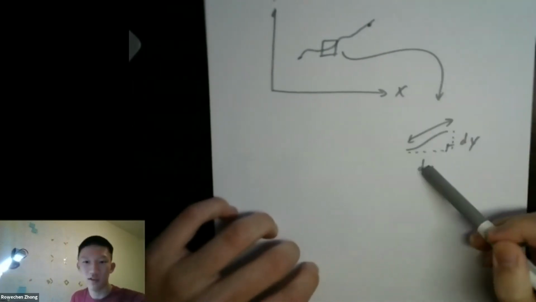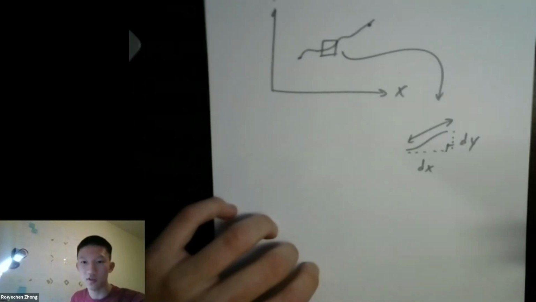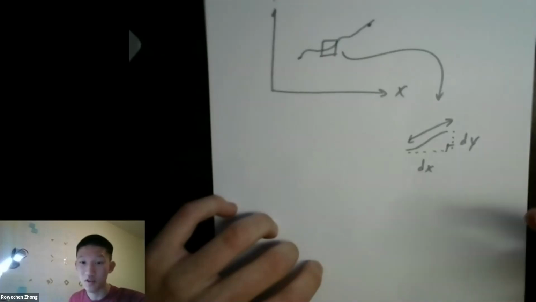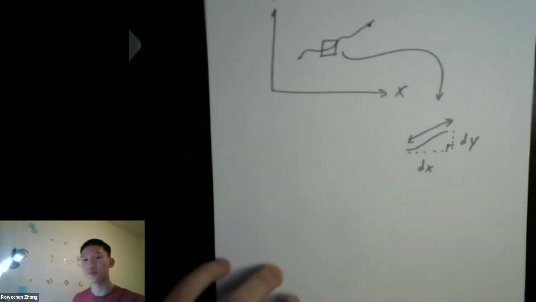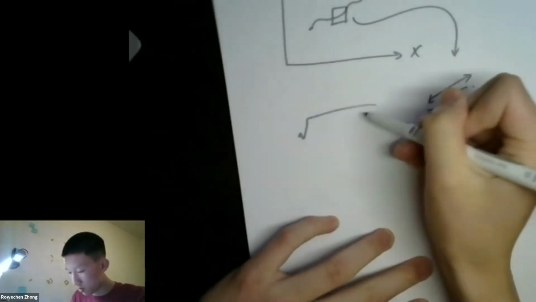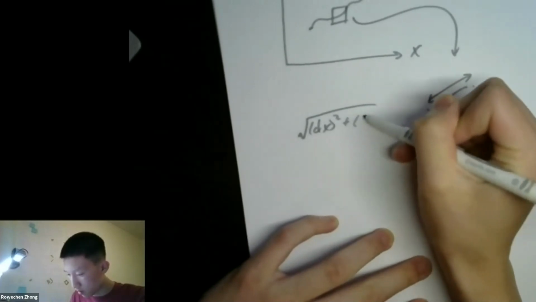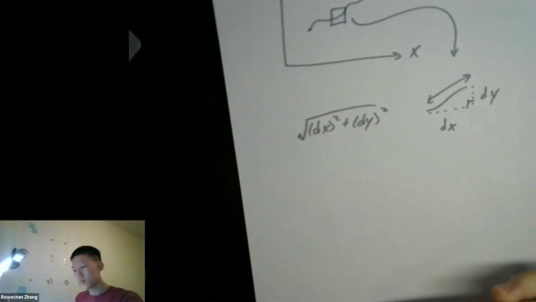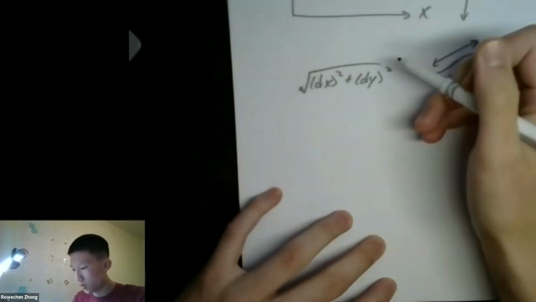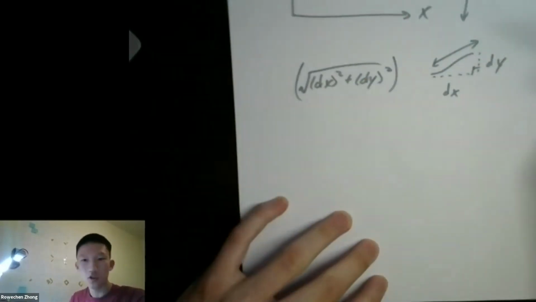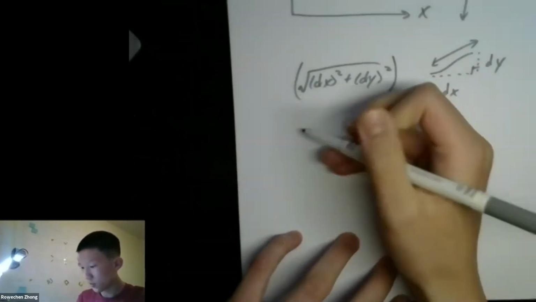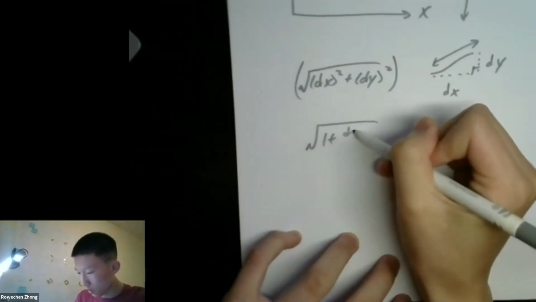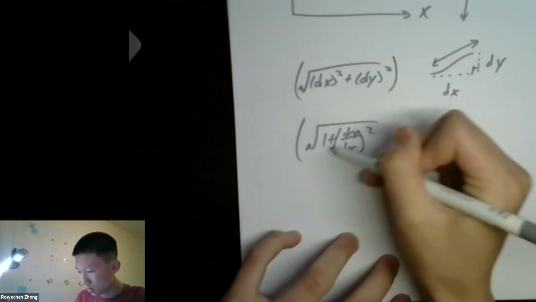Just pretend these are variables. Pretend this is a and this is b. Then what's the length of the hypotenuse? Anybody tell me? Come on. Nobody knows the Pythagorean theorem? Somebody got it. Square root of dx squared plus dy squared. And now, what can we do? We can take this and multiply by dx divided by dx. If I give you an apple and I multiply by 2 and I divide by 2, I still have an apple, right? So we get the square root of 1 plus dy over dx squared, times dx.